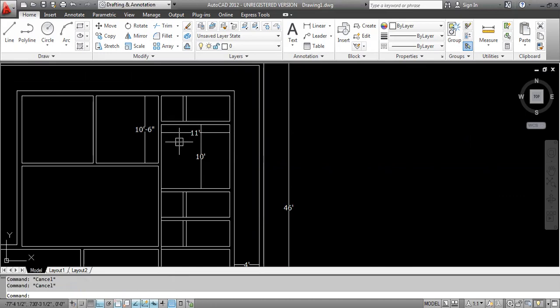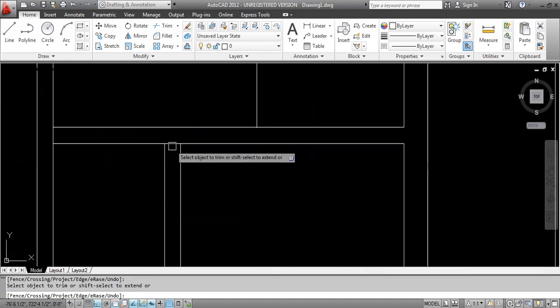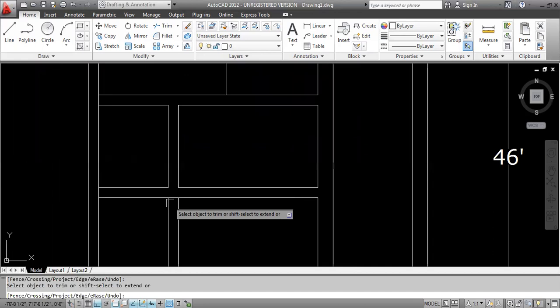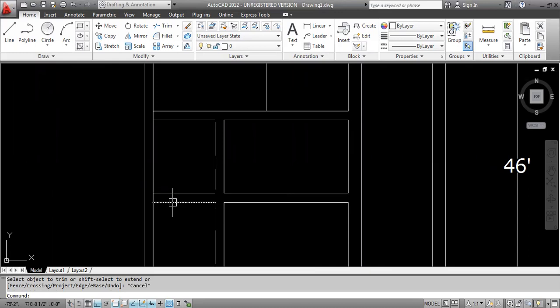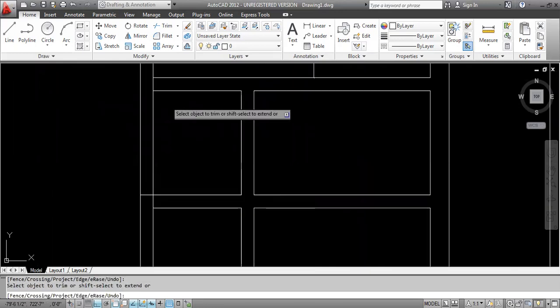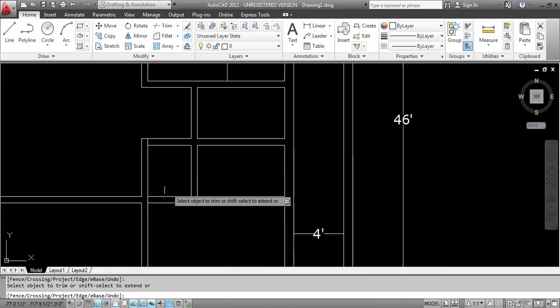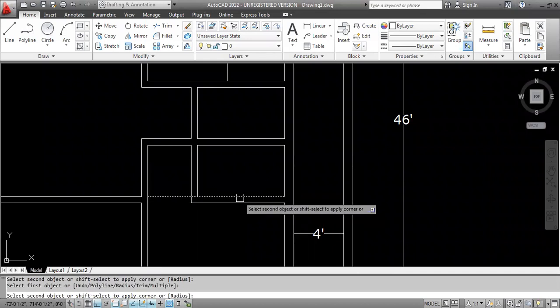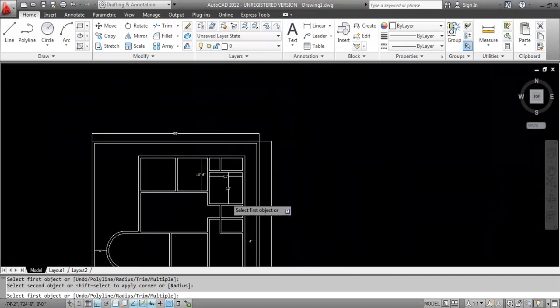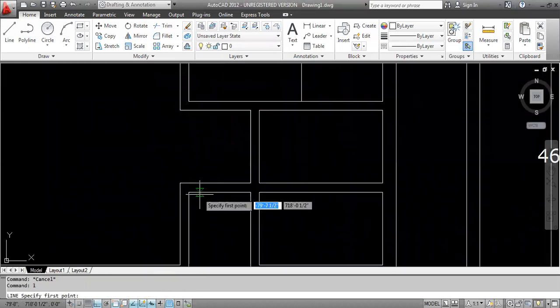Now I'll do trim for this, for this, and this. I will increase this one. Here also I will increase. I'll remove this one. Now I will use the split command over here. See, F enter, M enter. Here also I am using it. I think now you guys can understand easily.